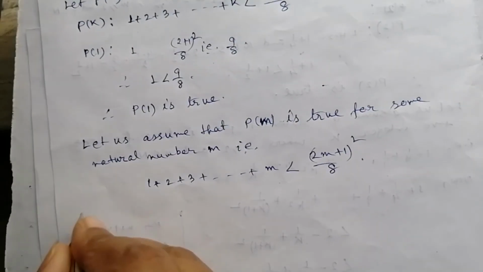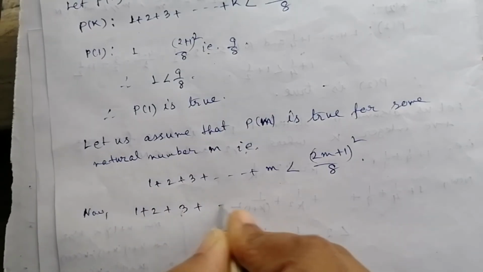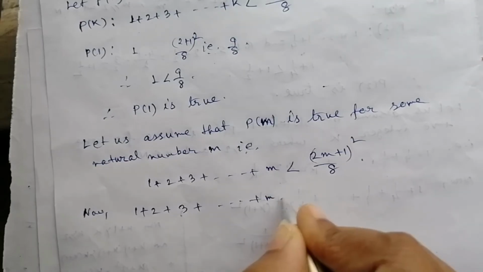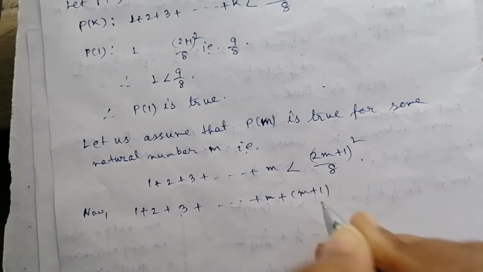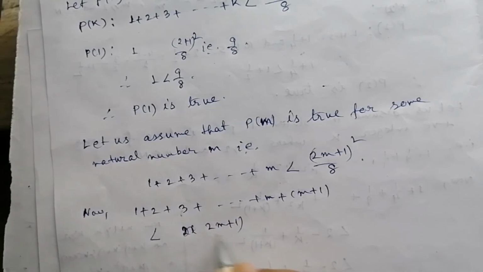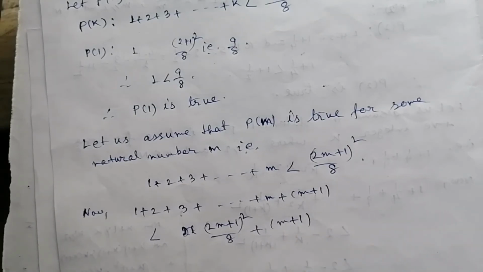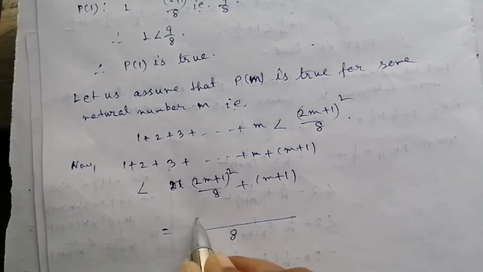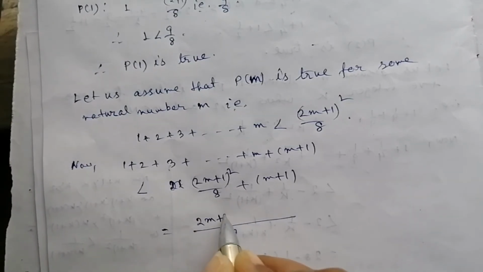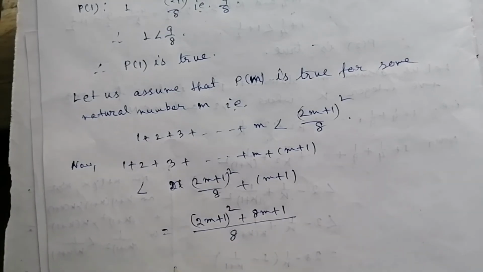So now 1 plus 2 plus 3 plus dot dot dot plus m plus 1, which is less than (2m plus 1) whole square divided by 8 plus (m plus 1), equal to ((2m plus 1) whole square plus 8(m plus 1)) divided by 8,